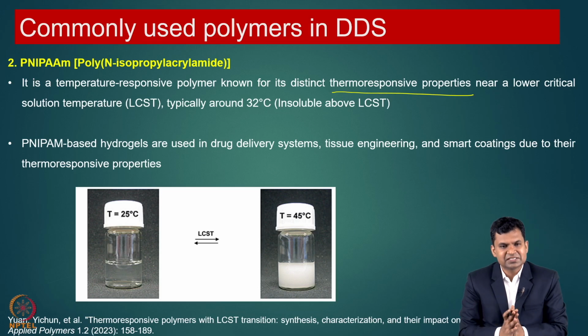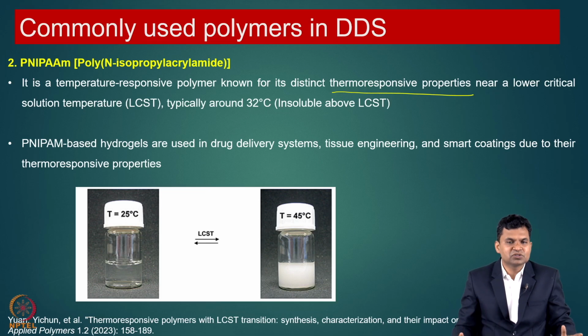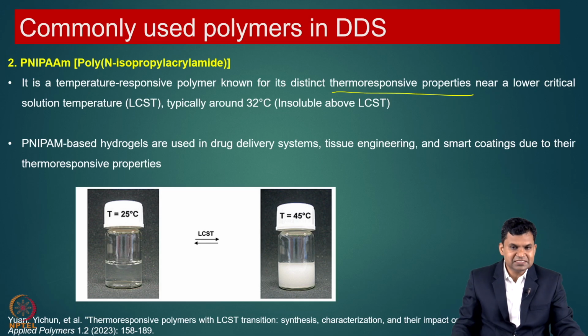So, not only poly-N-isopropyl acrylamide, we have so many various types of polymers which will respond to temperature. Such polymers can be used and we can target the cancer cells through